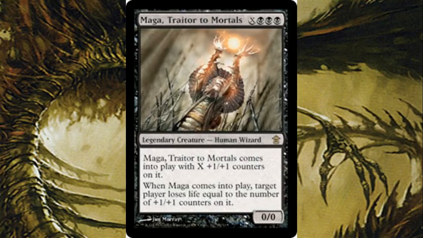Play cards like Exsanguinate, Torment of Hailfire, stuff like that. Double and cube that mana. Put even more into X. I think that's